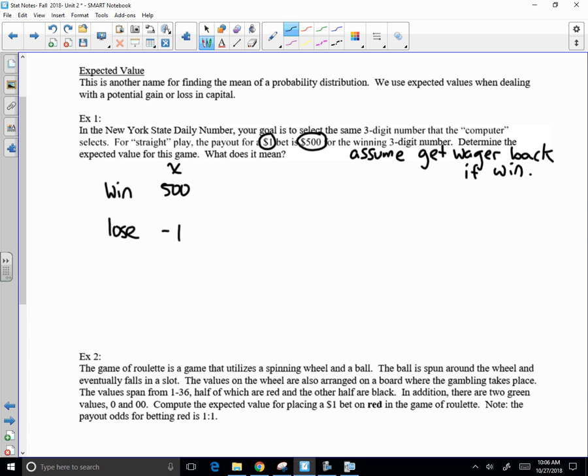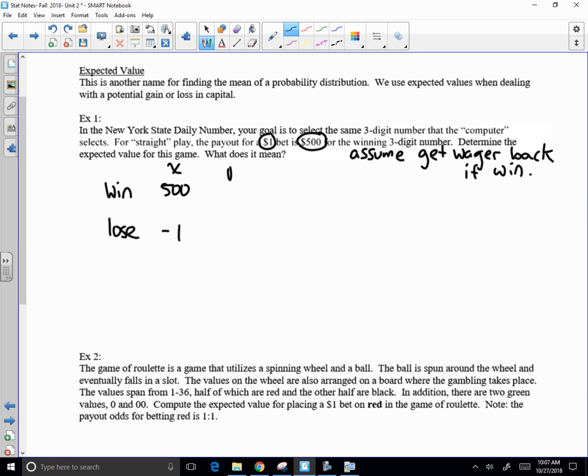How can it be possible that you only wager $1 in a lottery and you could somehow win $500? That's because they're collecting all the money from the people who lose the lottery and then using that to pay the winners, right? So when you see that the jackpot's gone up to like $10 gazillion, just think about how many people have had to lose the lottery in order for that to build up to that amount. That's a lot of money, right?